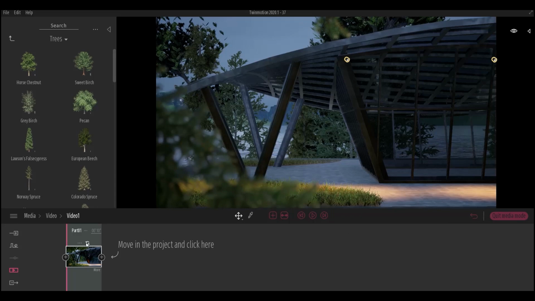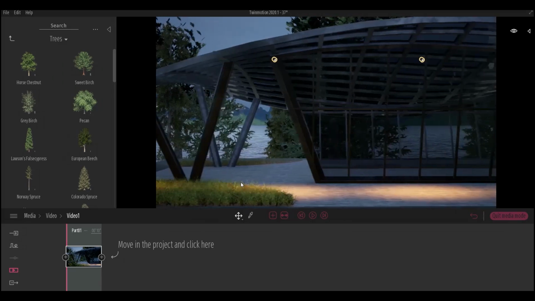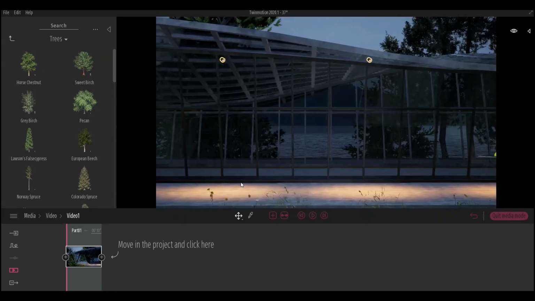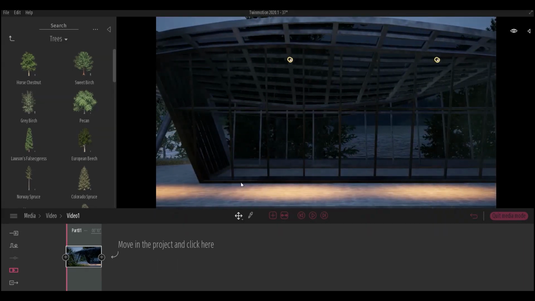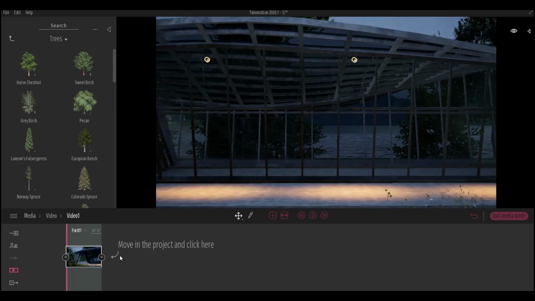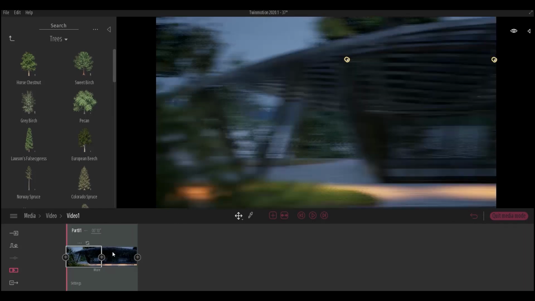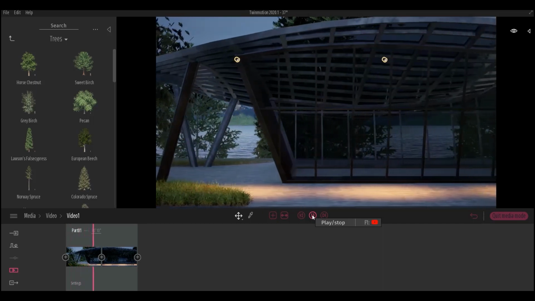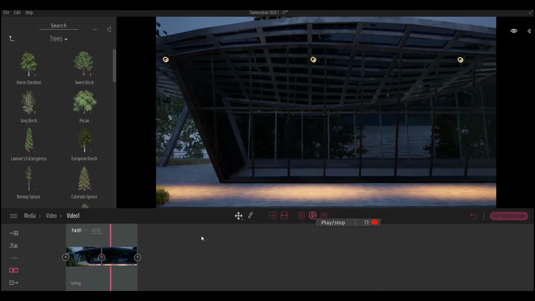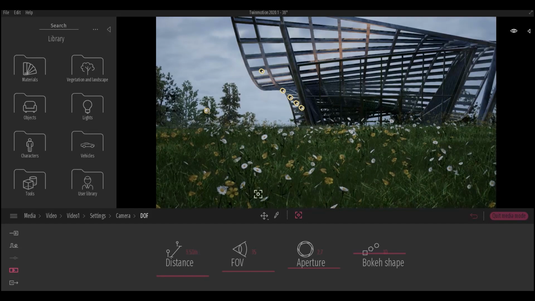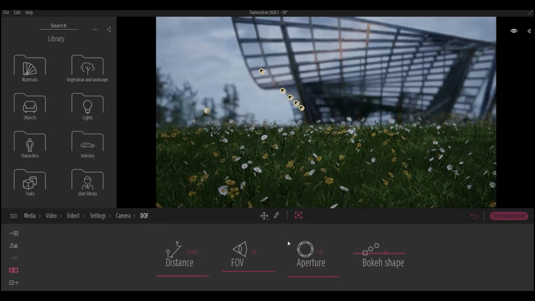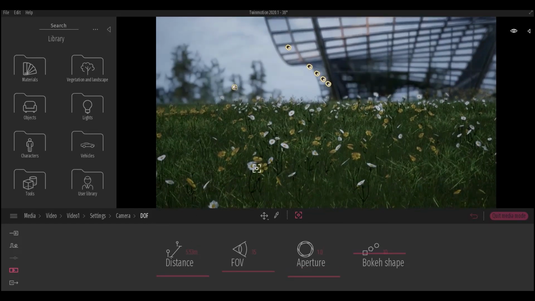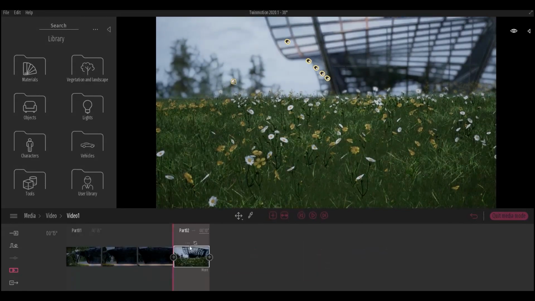Once I decided on all things for the scene, I created camera keys. To do that, I saved the first place of the camera. After that, I went to the last position, then saved the location as the second key. I have prepared the second and other scenes like before. You shoot the photos, then Twinmotion creates animations between them.